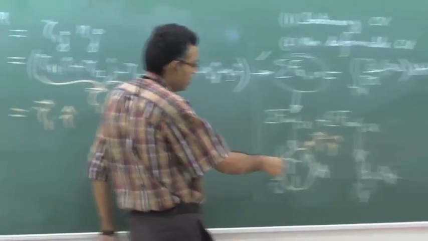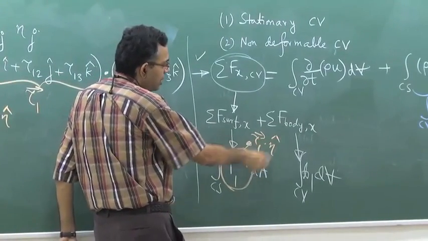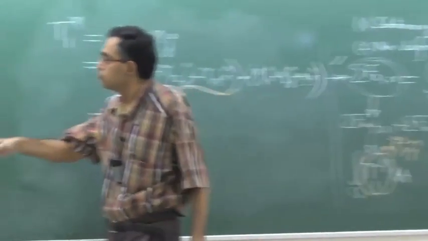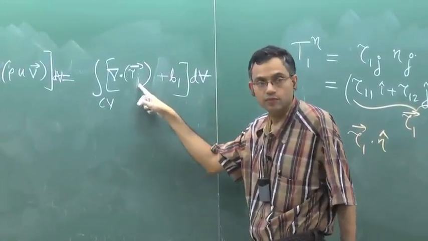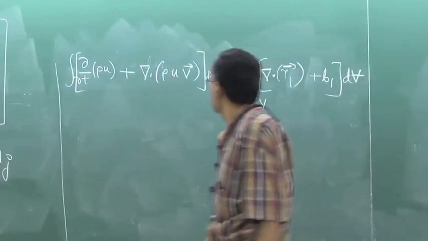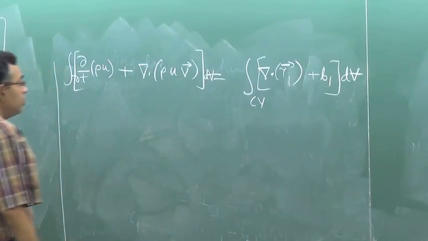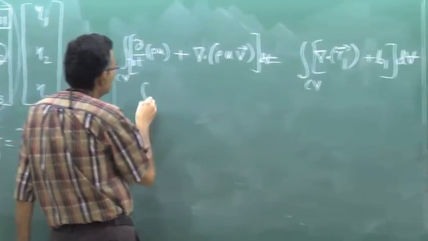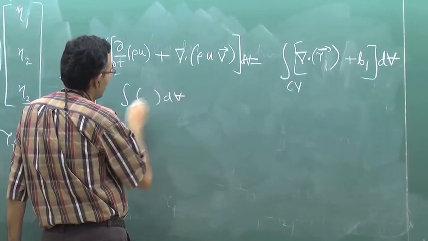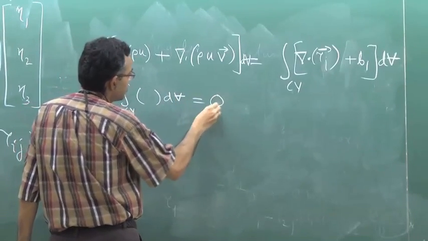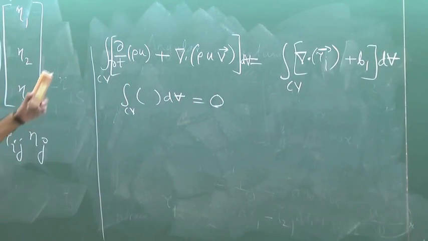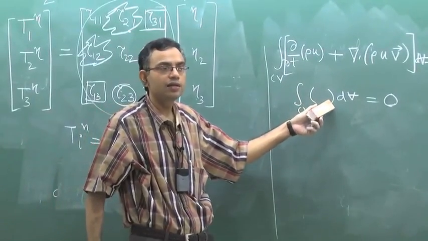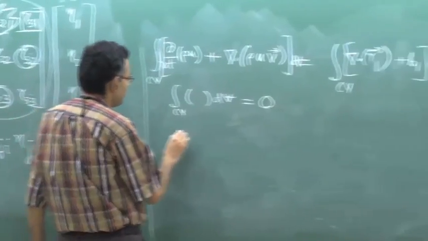So this term is tau 1 dot eta dA, it is divergence of tau 1 dV, that is what we have written here. Okay. So this is as good as writing something dV over the control volume is equal to 0. Again the choice of the control volume is arbitrary, that means this something must be 0. So you have